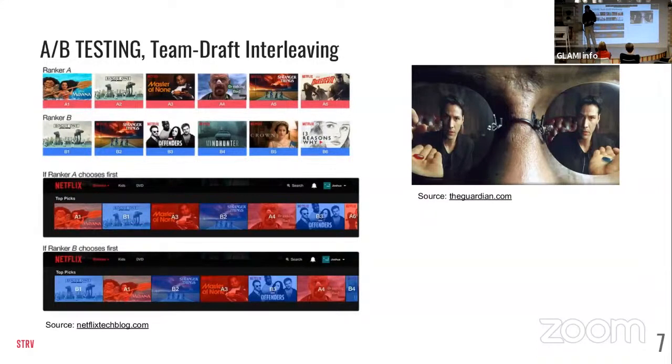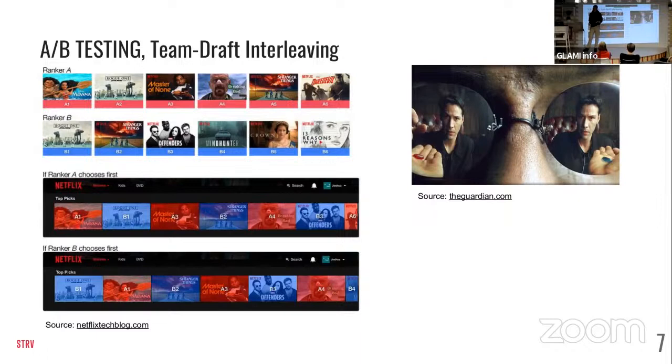You can use this technique as well if you want to test data like this, if you have some items sorted by some criterion, and for example you would like to test which sort is better. There are problems with that. It's not that simple, that you just simply do A, B, A, B. It's much more difficult than that. I'm pretty sure that Netflix is aware of this as well. But if you have such data or such, let's say, an application, look at this method.